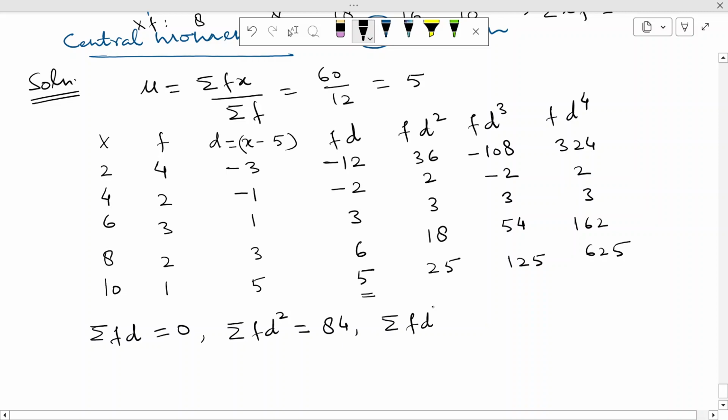Next we have summation FD cube, which is coming out as 72. And lastly we have summation FD4, which is coming out as